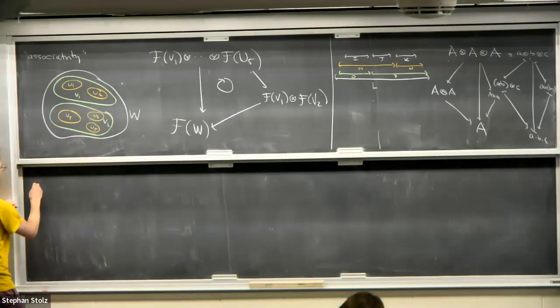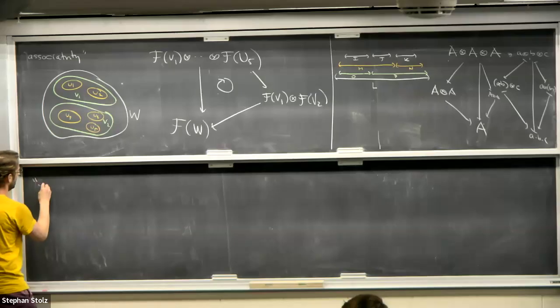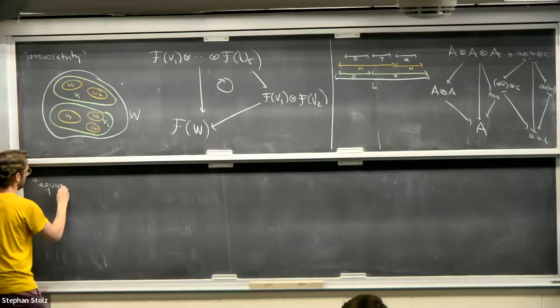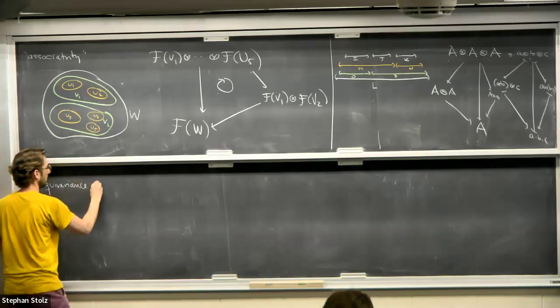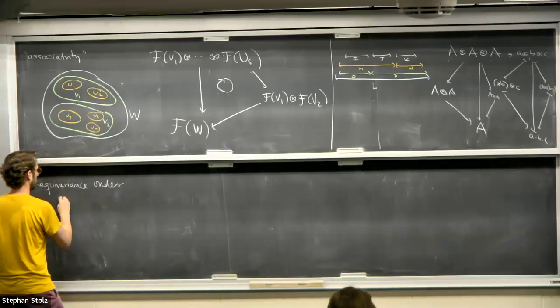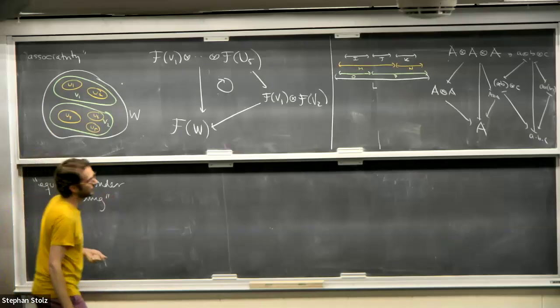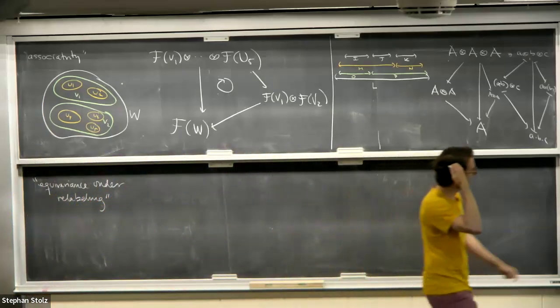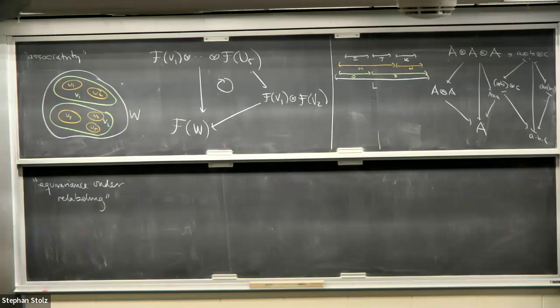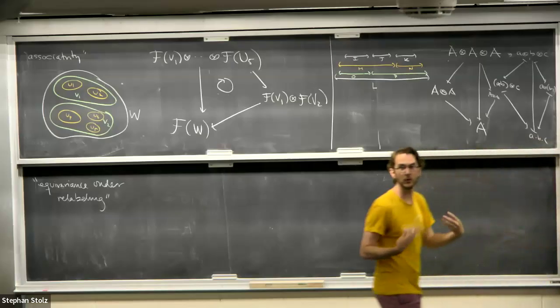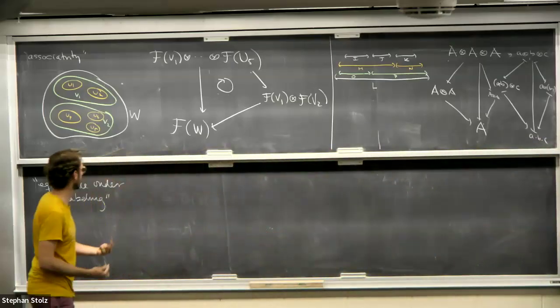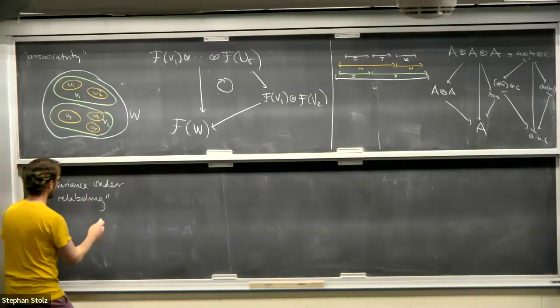The other condition is equivariance under new labeling. Over here, the way I wrote it, I ended up putting an order in. If you want, I have U1, U2 up to UK. Don't think about that as being intrinsic information. Let me explain what I mean by that.